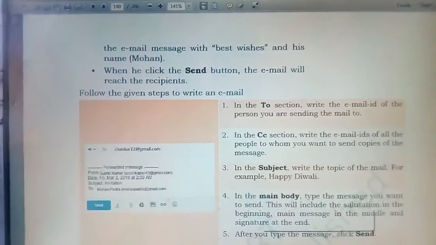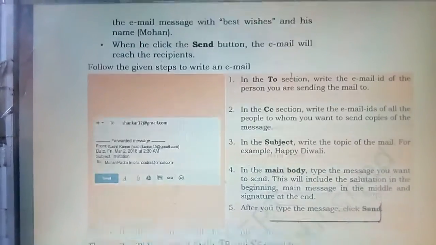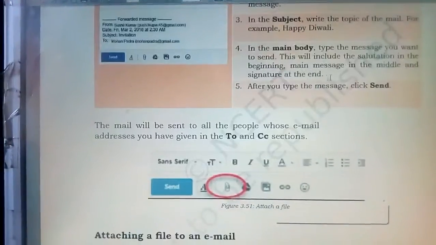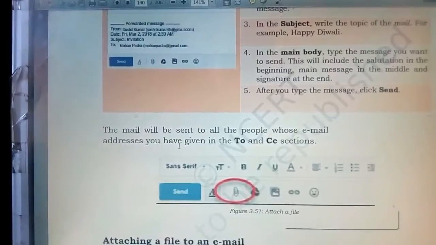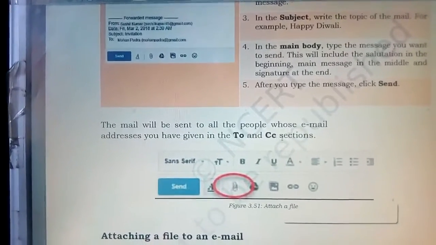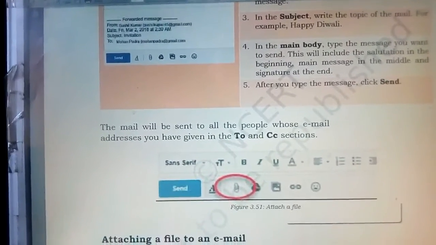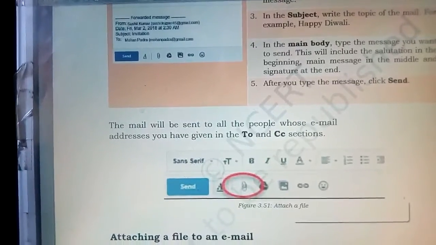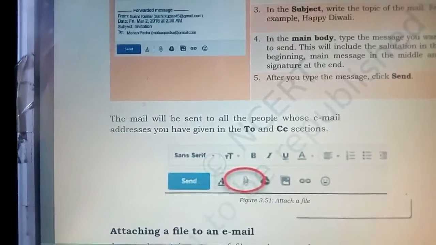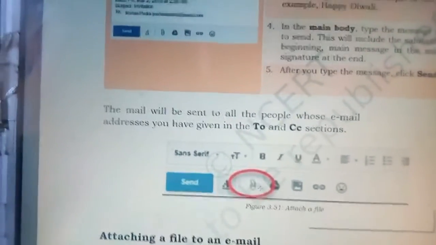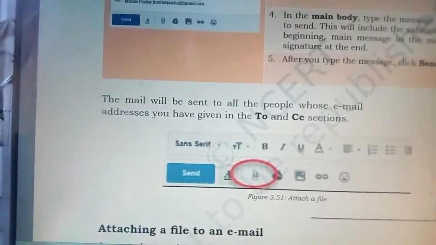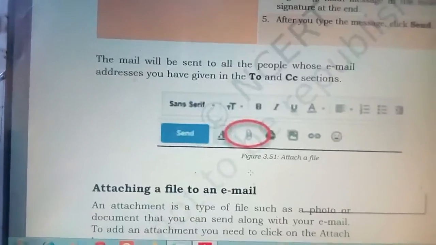After writing the message you have to click on the send button. When you click on send, the mail will be sent to all the people whose email addresses you have given in the To and CC sections. This type of box will come here. The send option is here. This one is the attach button, like a paperclip icon.